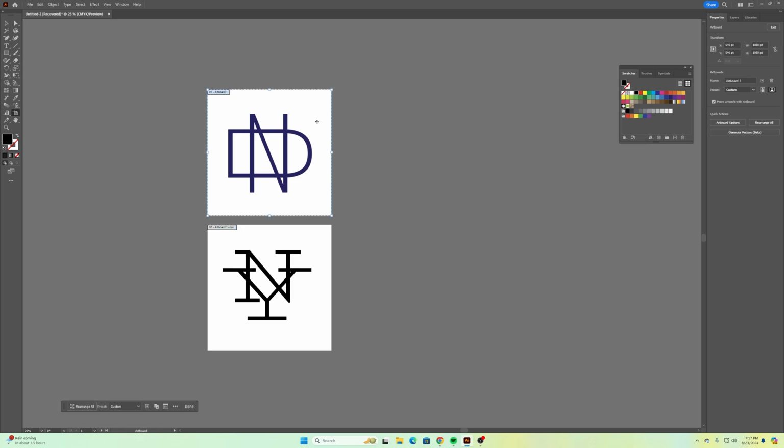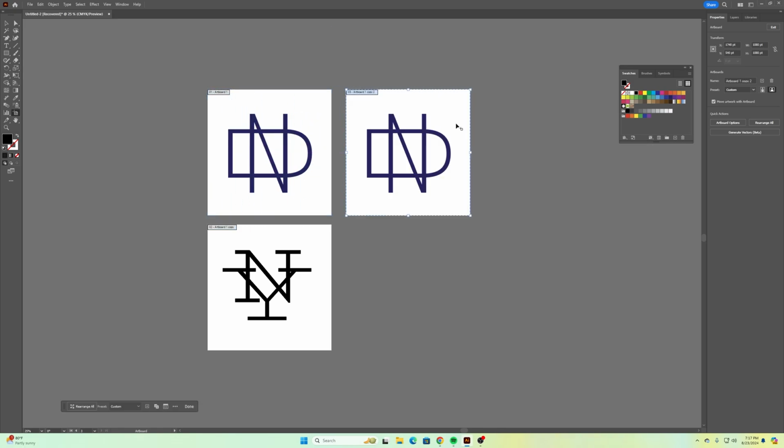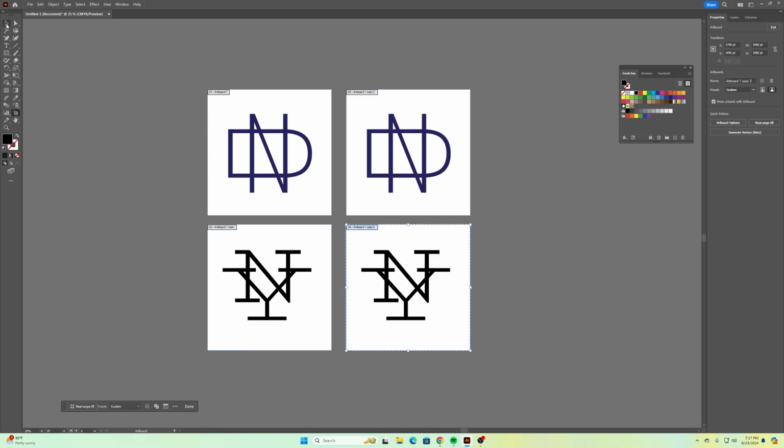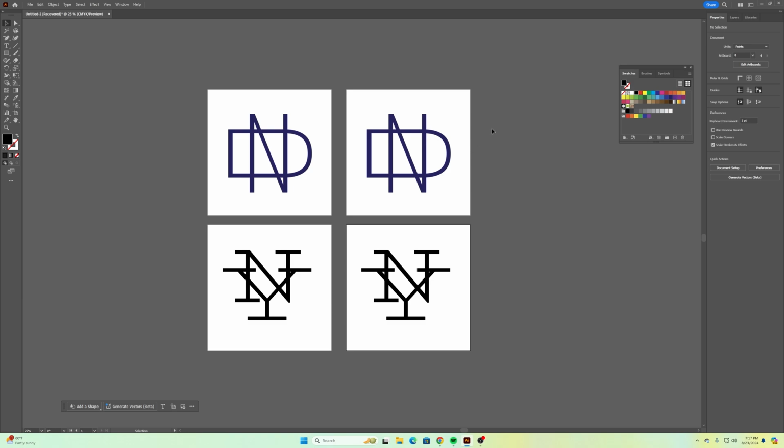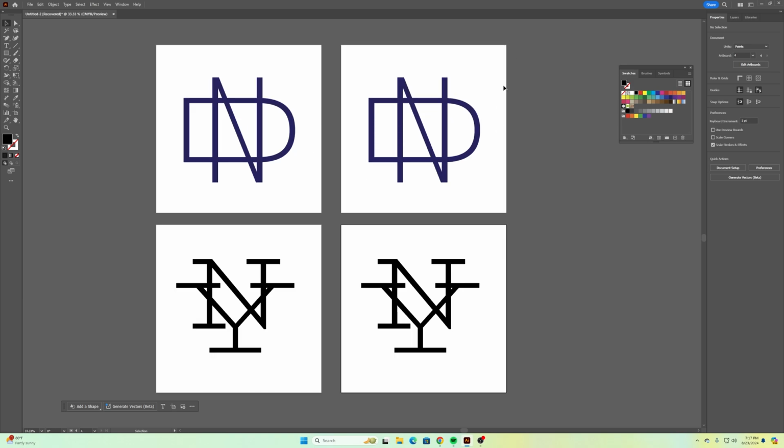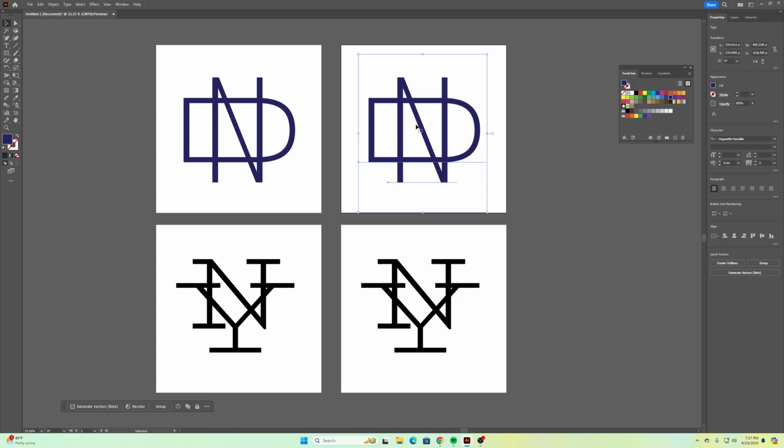logos, I'll duplicate this one up here. I'll duplicate this one down here. And this one's pretty easy to do for the most part. Now, if I select both of these letters here and I change it to where there's a stroke around the outside of it, and I increase this,